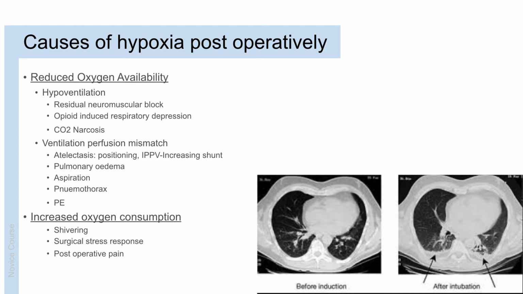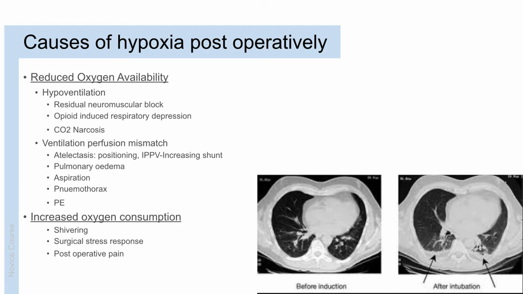Ventilation perfusion mismatch within the lung is common post-operatively, and if significant can result in hypoxia. Reasons for this include atelectasis, which is aggravated by positioning intra-op, for example the Trendelenburg position, and invasive positive pressure ventilation. The image on the right depicts a CT scan of the lungs before and after induction of general anaesthetic. You can see even immediately after intubation the formation of atelectasis within the lung, which will only worsen over the